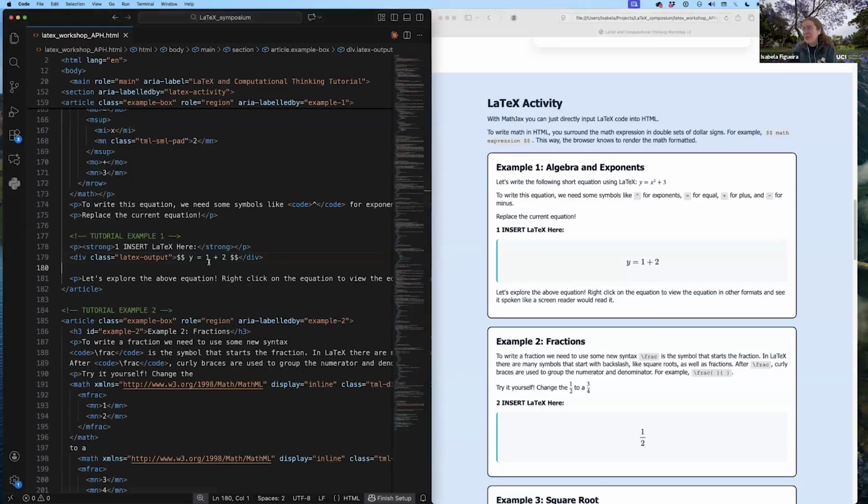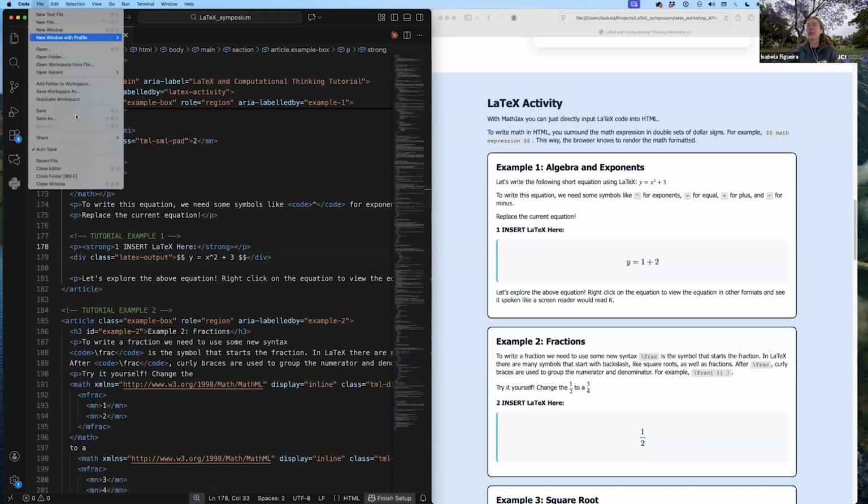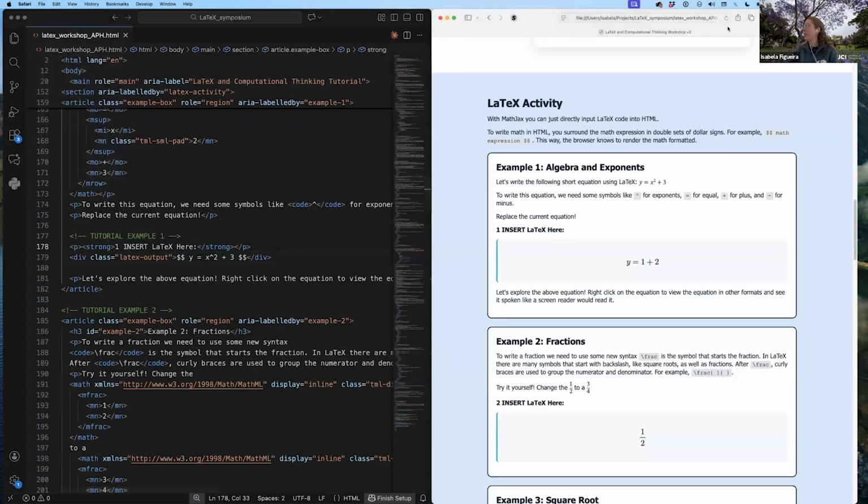I'm going to write it myself for you all. So to replace the y equals 1 plus 2 with y equals x squared plus 3, I'm going to delete the 1 plus 2. And I'm going to write y equals x caret 2, and then plus, and then 3. So now to show this equation that we've written in the web, we save the file. I just did Command or Control S, or you can go to File, Save, and then we reload the web page. So now that we've reloaded it, the equation appears as y equals x squared plus 3,